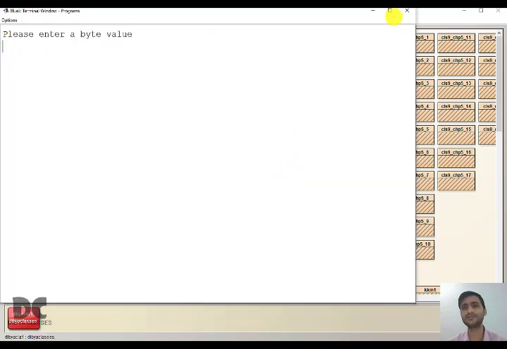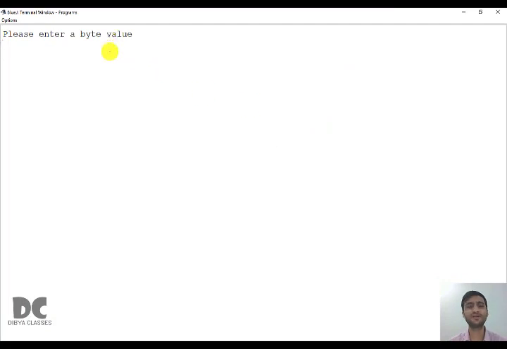So can you see the difference? It is not given any box to input. Okay, we are getting the terminal window. The terminal window is the window where we get the output. But here in scanner and also in buffer, the terminal window will be used for both input and output.